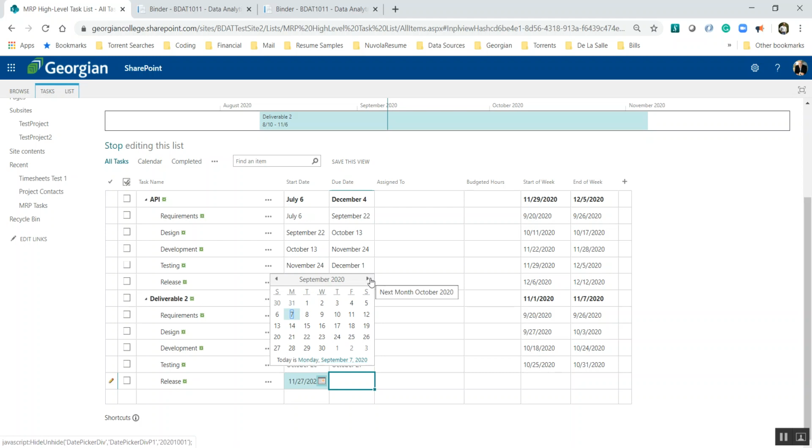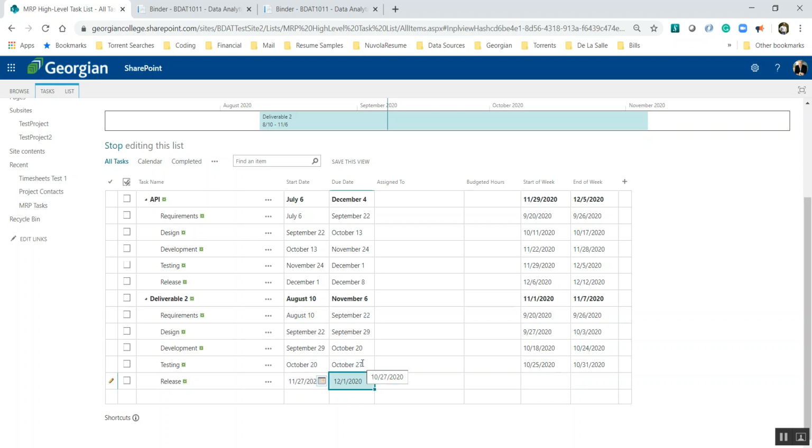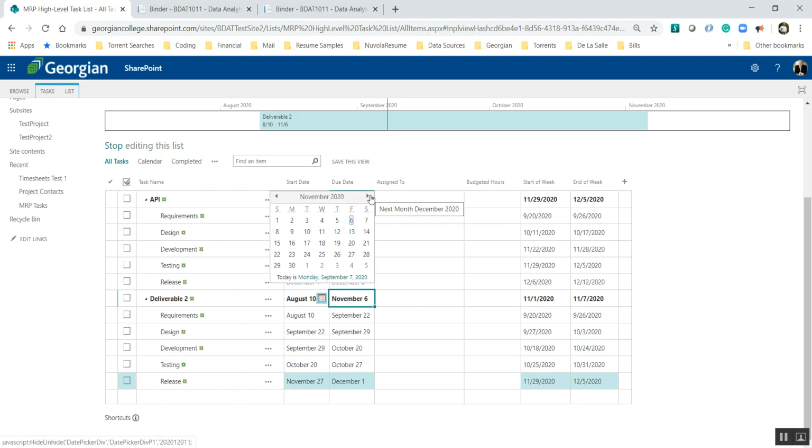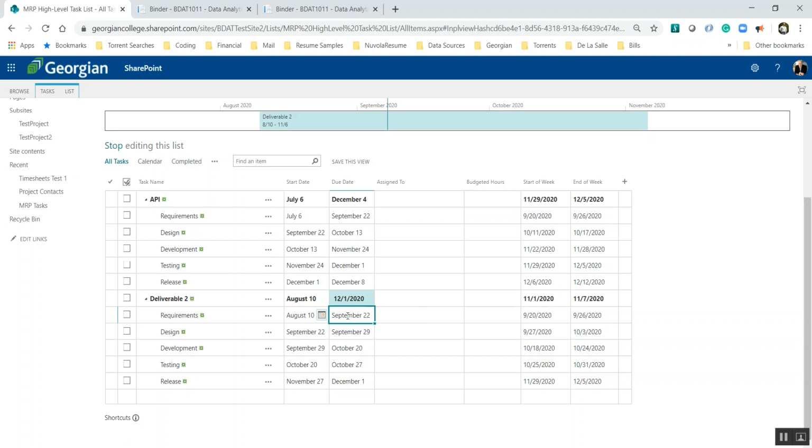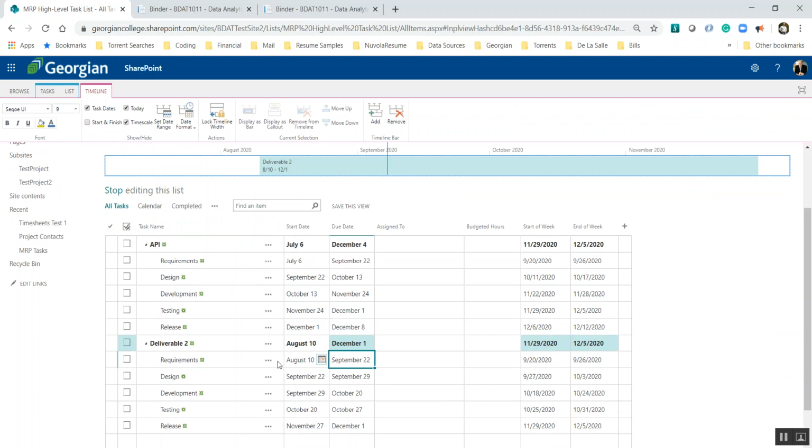Okay, and let's see, November 27th. And I'm already over my dates here, so I'm going to say this one. All right. Notice here I made this error, and I'm just going to make an adjustment here. We won't get too specific. Okay, good. All right, so now we're going to add